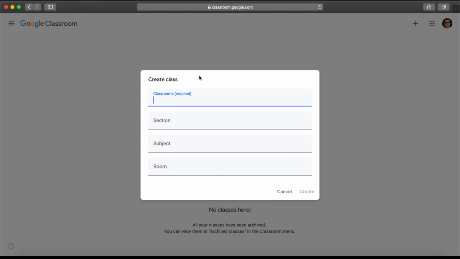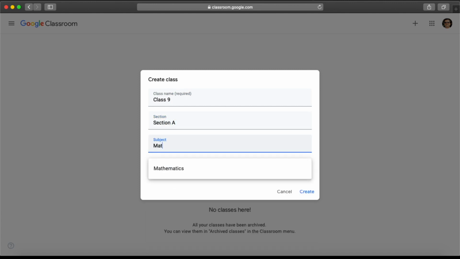So let me name this class as class 9. And maybe in the section you can mention section A. In subject, let me type math. Now, one thing to notice here, while I started writing, it's showing me some recommendations. As I typed math, it's showing mathematics.